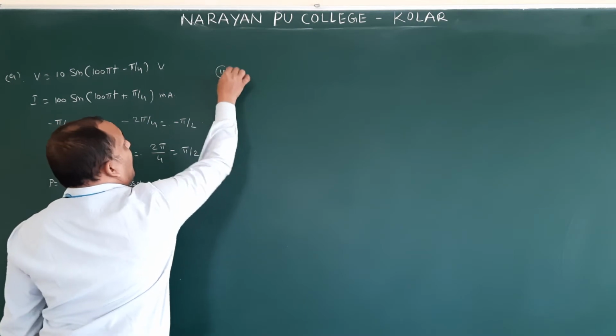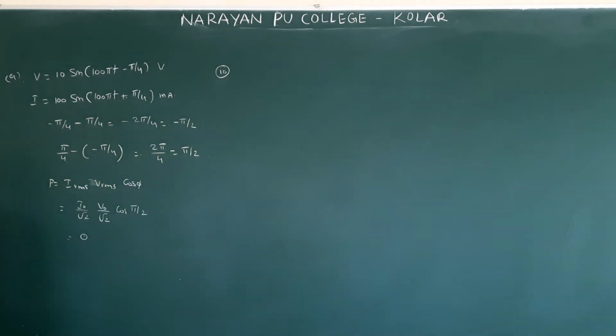Next, 10th one. I think a similar model you can solve. In an AC circuit, V is equal to 100 sin(100 pi t plus pi by 6) millivolts, and I is equal to 5 sin(100 pi t minus pi by 6) amperes. Same model you can solve. 1, voltage leads the current by pi by 3; 2, current lags the voltage by pi by 3; and the power dissipated they are asking. Same model. So voltage leads or current lags.